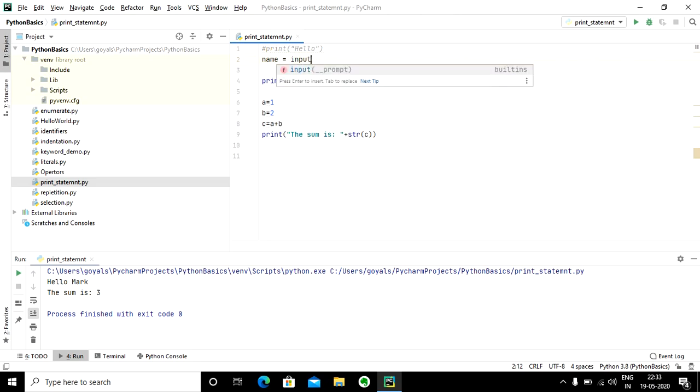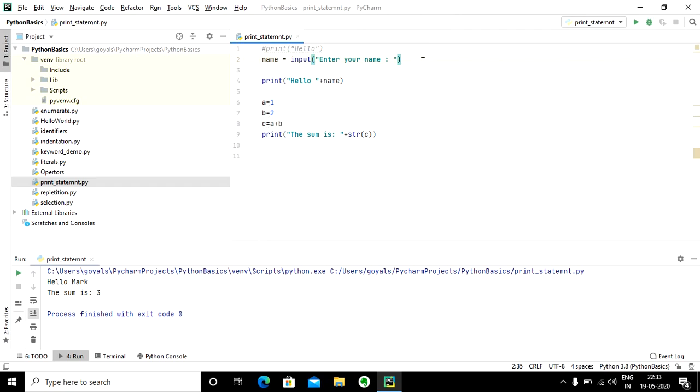In order to do that, I'll use a method called input, and here I'm going to say, enter your name.